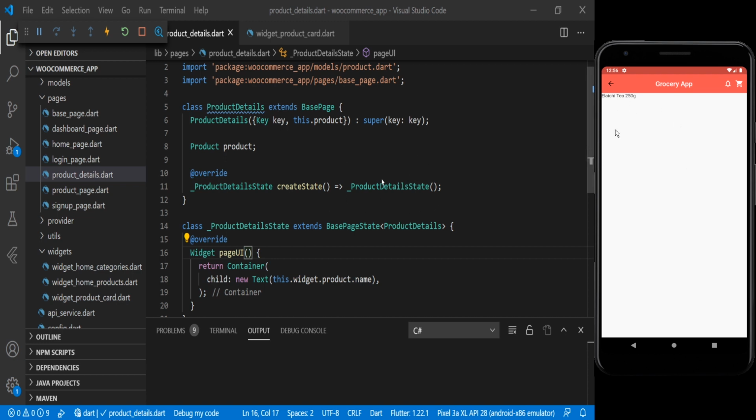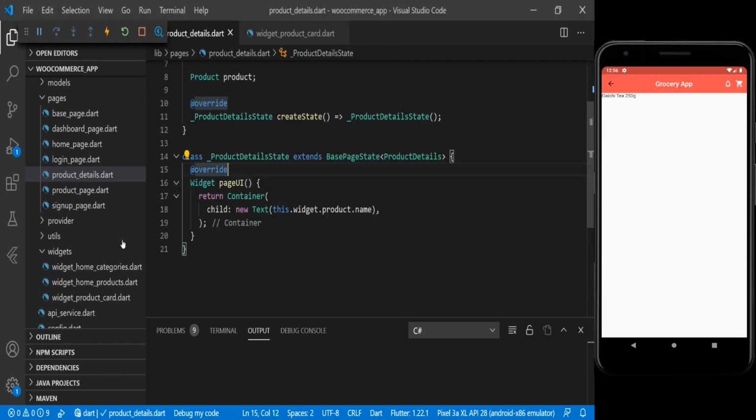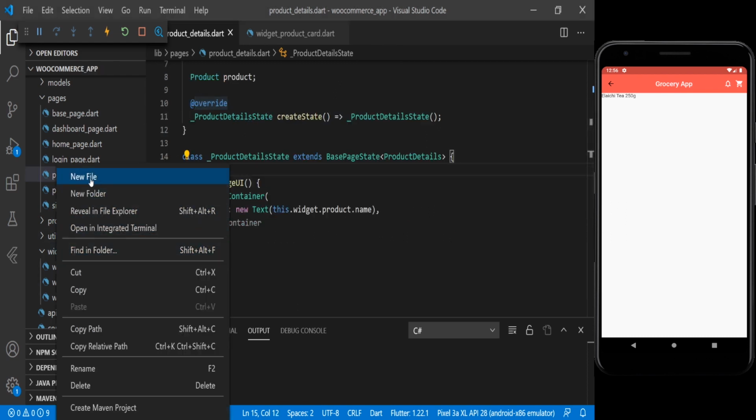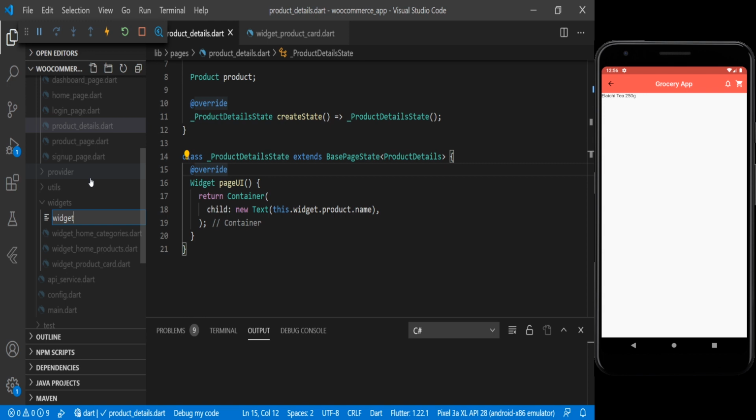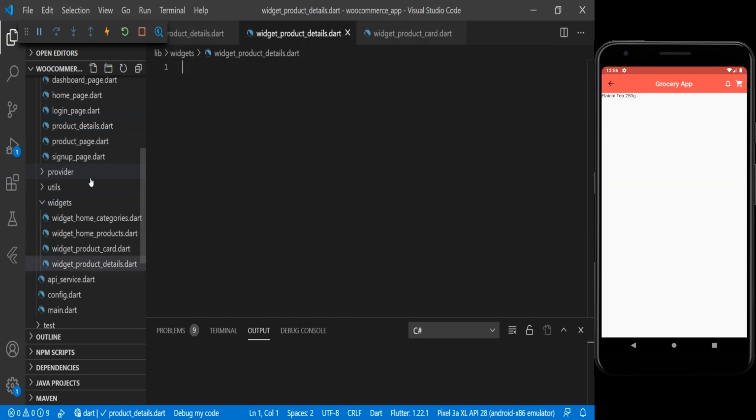So now we will create a new card. In that card we will do all our page design, and we will include the slider for our images and all, and after that we will show our product name. Then we will have the add to cart and all. So now we will add a new widget here, and we will name it widget_product_details.dart.